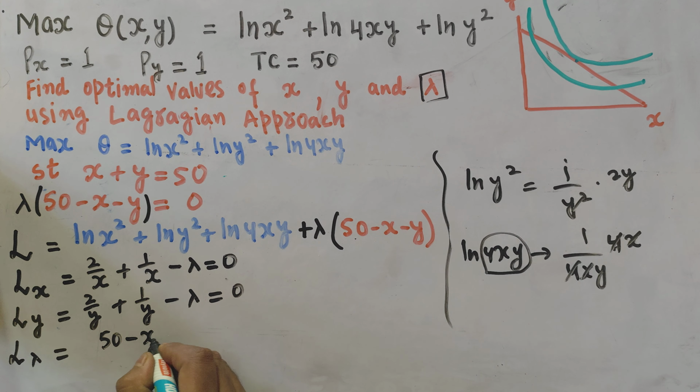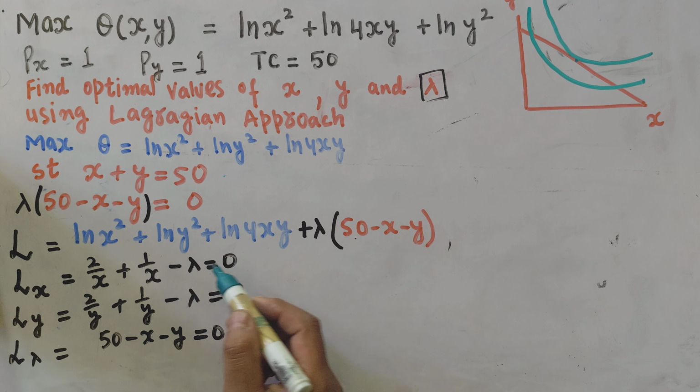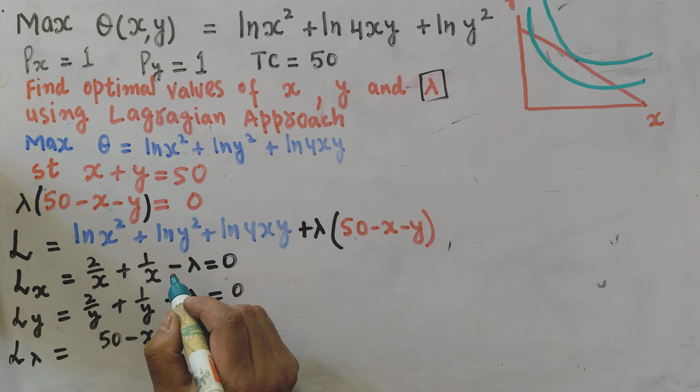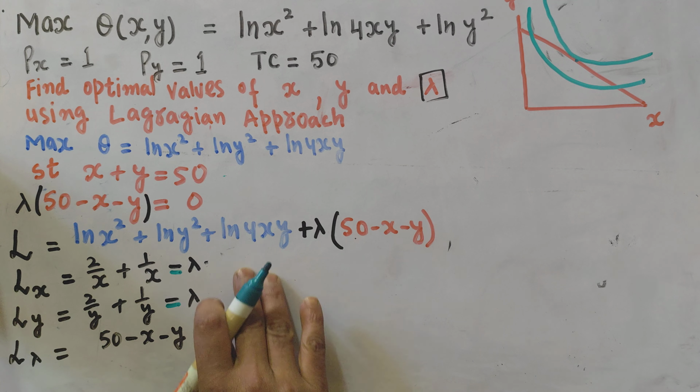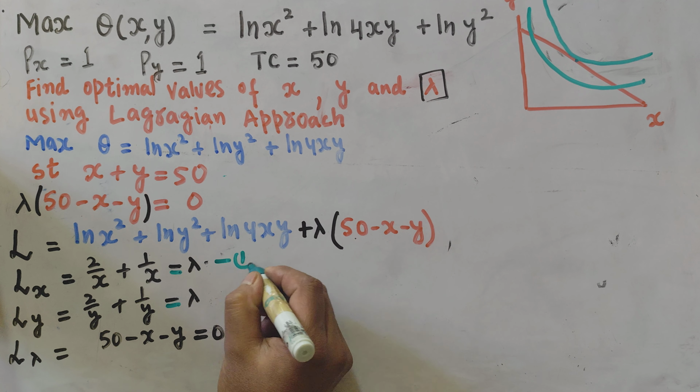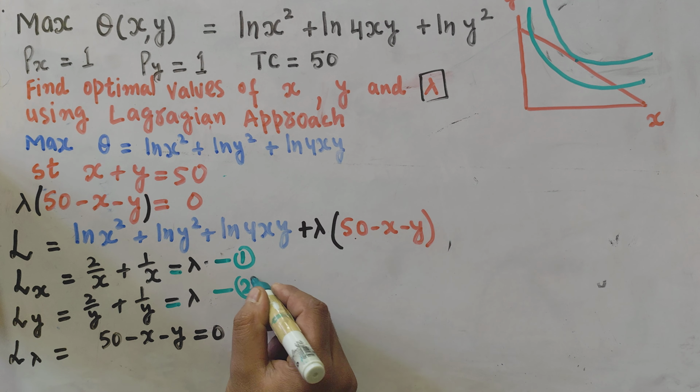Having said that, let me save the space here. So if it is equal to 0, okay, so can I write it like this? If I transpose it here, it will become plus lambda. So let me use plus sign here, okay. So let us say this is equation first, this is equation second, this is equation third,